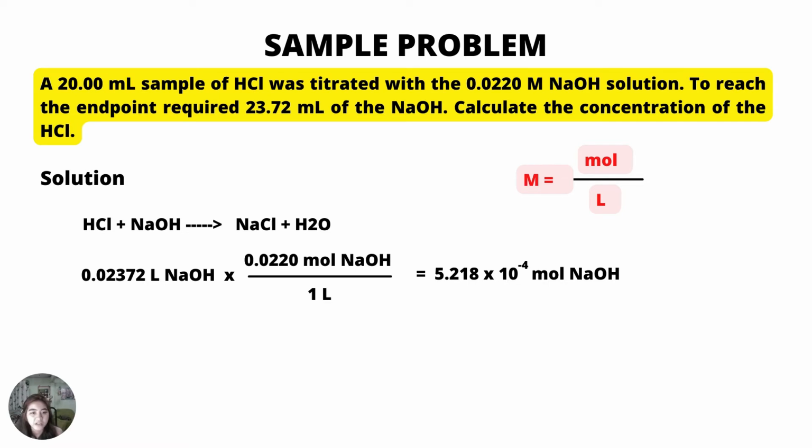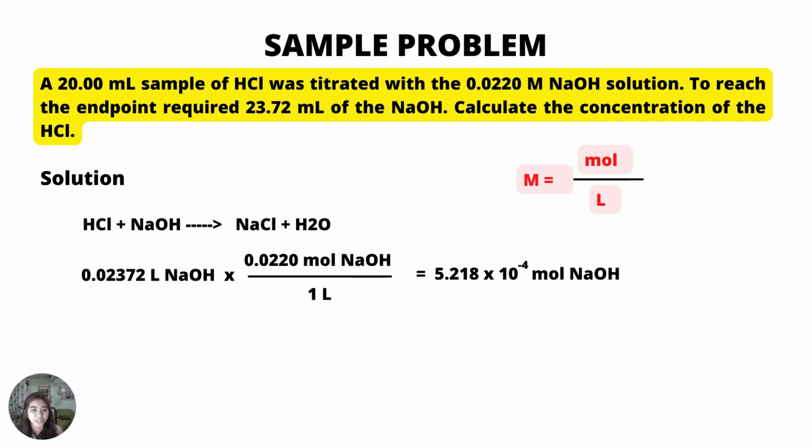So we have here 0.02372 liters of sodium hydroxide. We have to convert 23.72 ml to liters so that we can cancel the units out when multiplying by the concentration of sodium hydroxide,